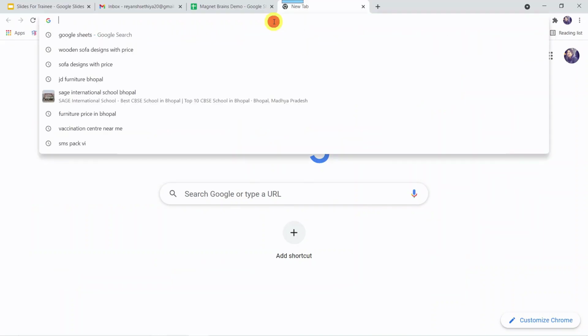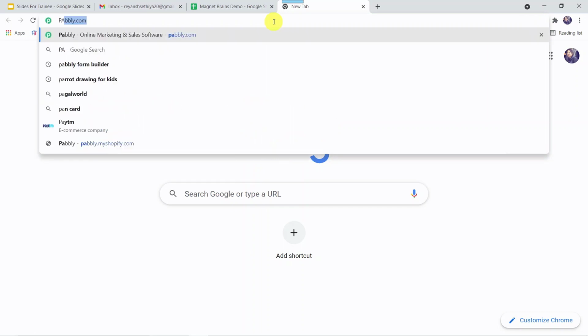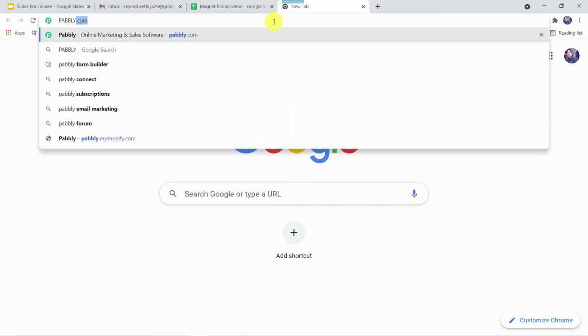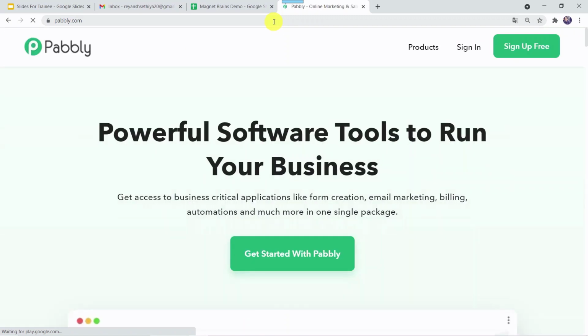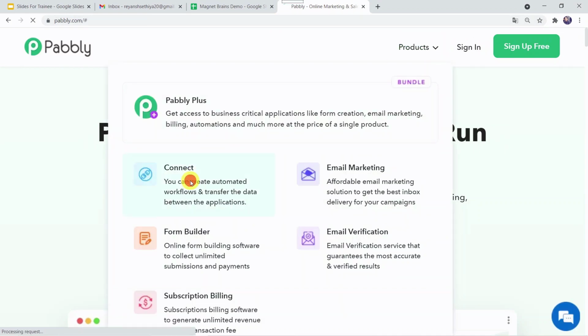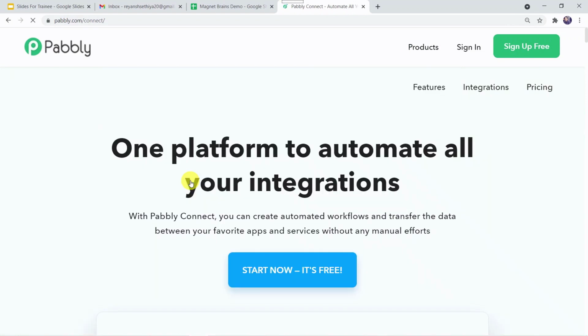For this, let us write pabbly.com in our browser. Now here we have to go on products and click on connect. Here, as you are a first time user, you have to click on the sign up for free option.